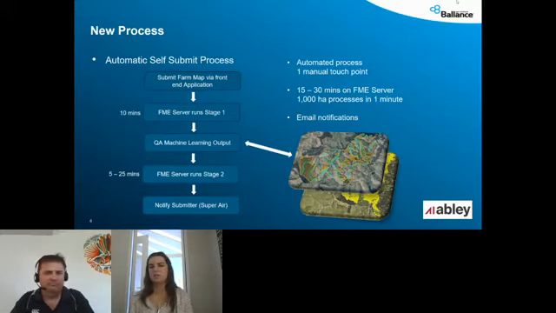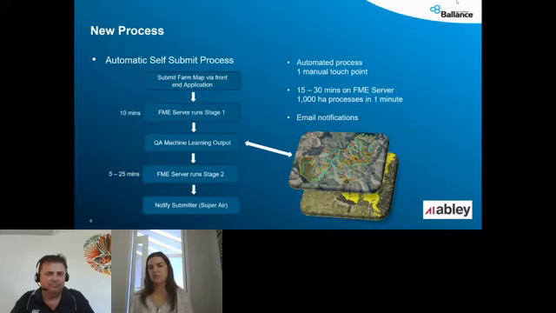So we have FME submitting data to initiate that Python script, as well as locating the output data from the script to write to a geodatabase. That's where we come to our first and only manual touch point for the geospatial team in the new process, which is to check the machine learning output accuracy. Our team knows when that data is ready for checking, as we've utilised FME's emailing capability to send a notification